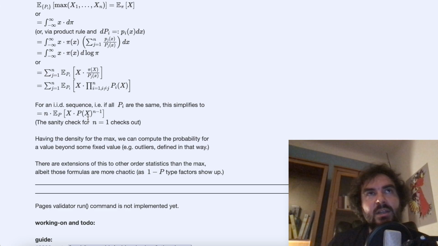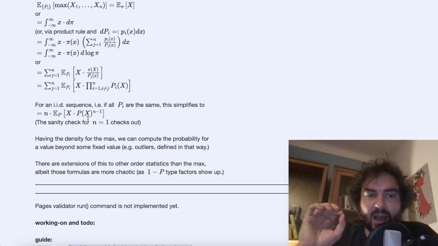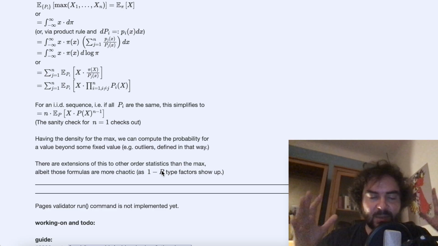But it's also clear that in this proof, we talked about the maximum, so we used the product of distributions, arguing that some value lies below the chosen value x with this probability. If you want to talk about a probability of something lying above x, computing minimums and these kinds of things, then you naturally have factors of 1 minus p in this calculus, right? So these sums and products will not only be products over these distributions, but also